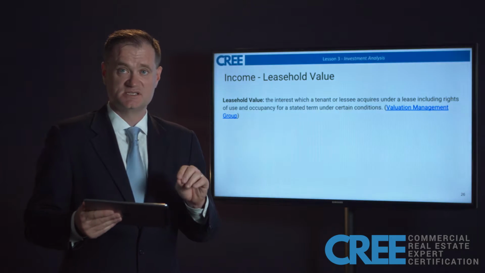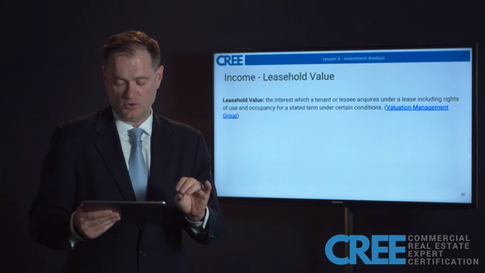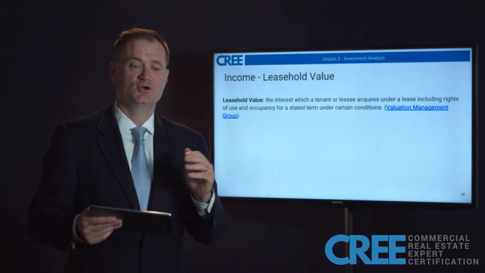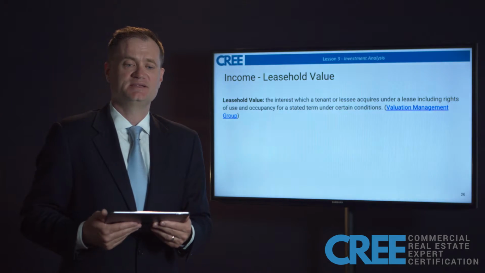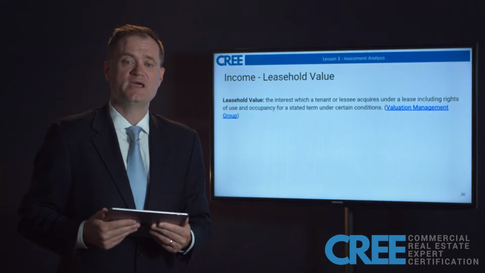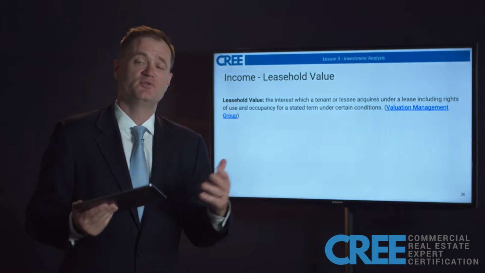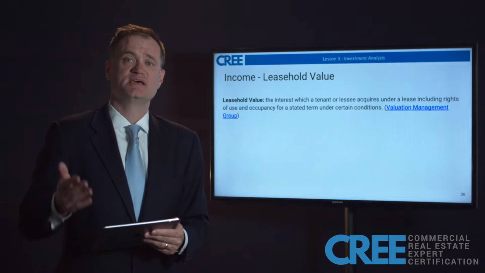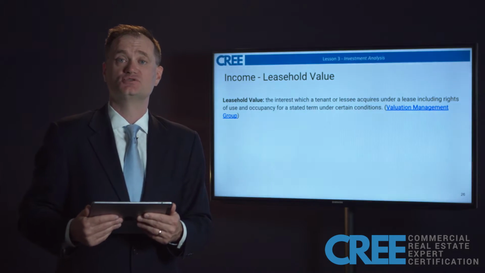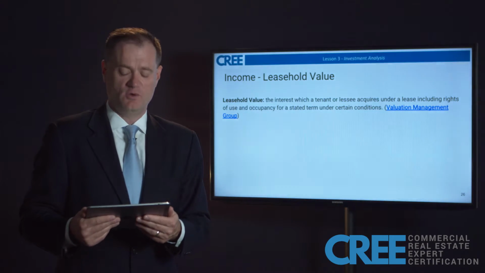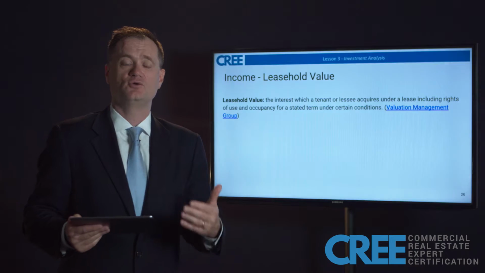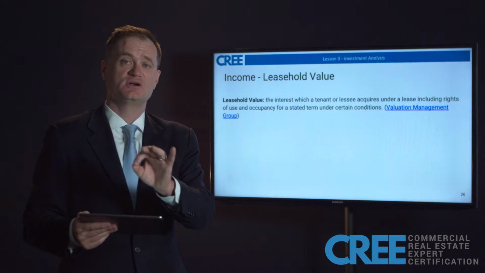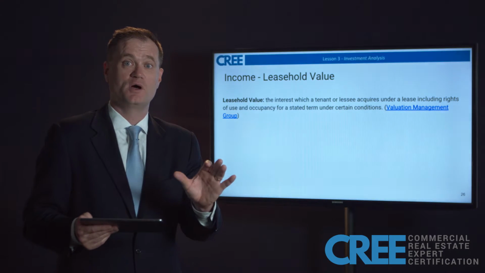We have a third lease value as well, which is called a leasehold value. A good example of this might be where a tenant is leasing land. We have a tenant that leases a chunk of land and built their own building on it. And so they have a leasehold value. A lot of times a commercial tenant occupying a commercial space has what would be considered a leasehold value on those improvements that they built out and put into the space. So again, there's a definition here. You can click on this and gather more information. Don't want to overwhelm you too much